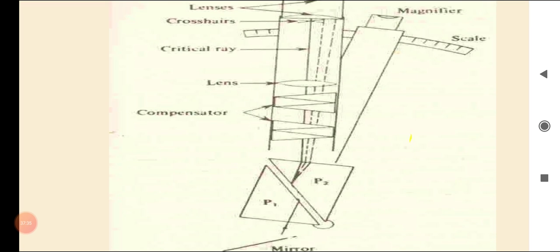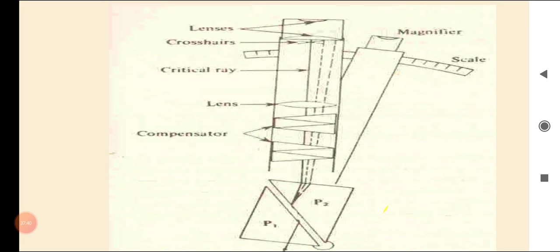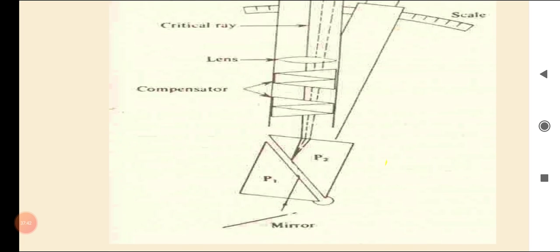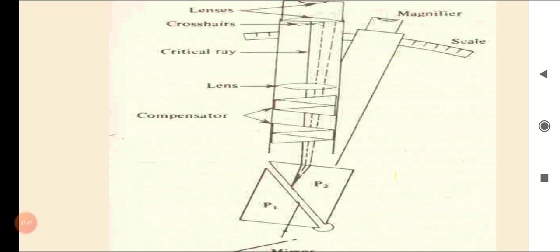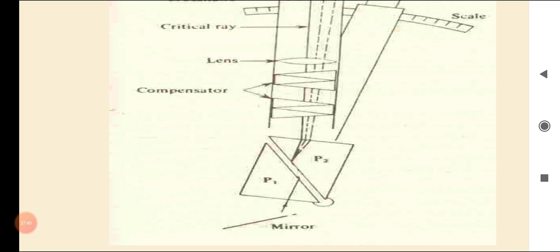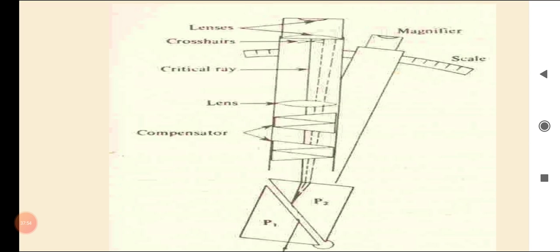To identify the refraction of the samples, the sample can be analyzed by using a refractometer, with the sample placed on the mirror. Then we have to identify the critical ray. By measuring the critical ray, the graduated scale is directly calibrated in terms of the concentration of the sample.